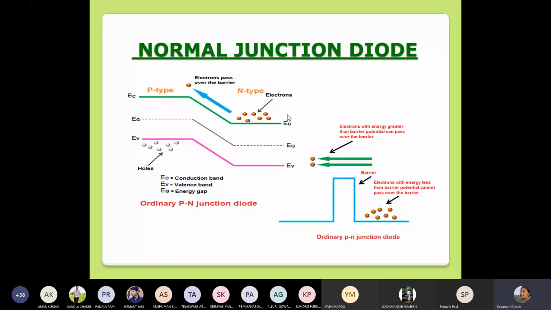So we help those electrons to cross this barrier with the help of the battery that we add. We add a battery in the circuit so that the electrons can gather enough energy. The right term would be to say that they gather enough energy so that they can cross over this hill. Though it looks like a slope, for holes this is also a hill, right? So you attract these holes and help them to cross over this barrier and reach the other side. This is how an ordinary p-n junction works.